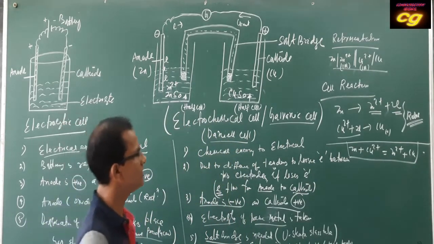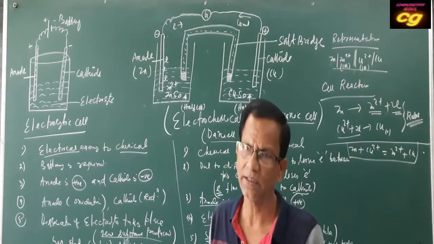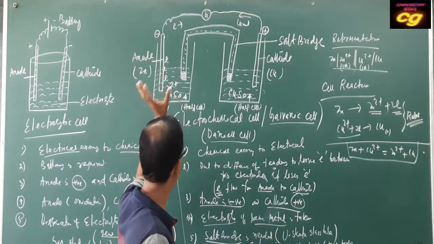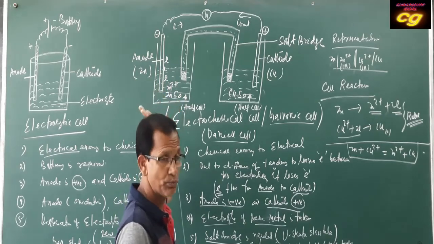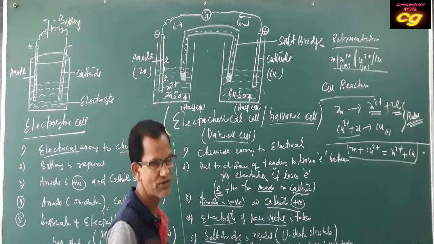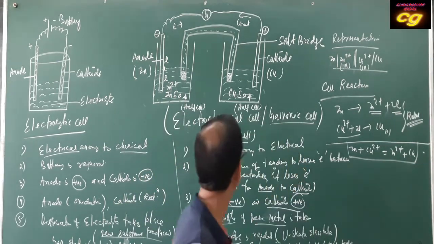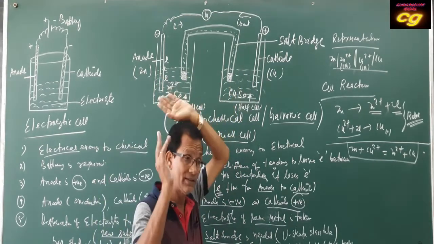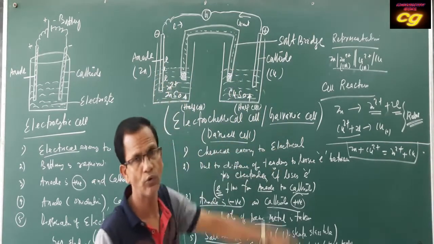One is losing electron, the other is accepting. Without loss and gain, there will be no transfer of electron. That's why a particular half cell alone is meaningless. There is no formation of electron for a particular half cell. When 2 half cells are joined, as one half cell has a tendency to lose electron, the other half cell has that tendency to accept electron, then electron will flow.